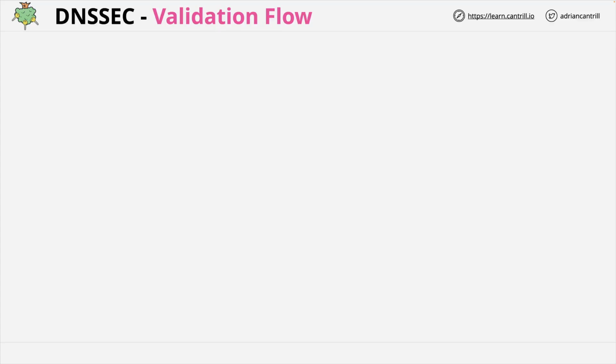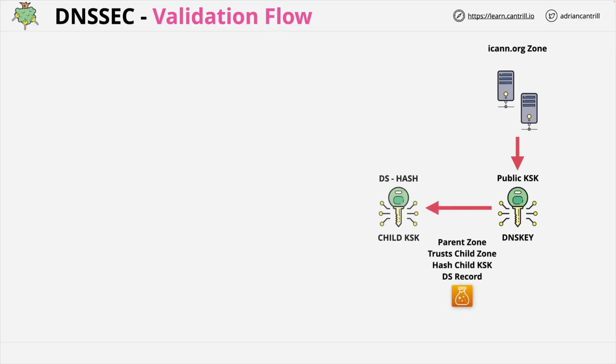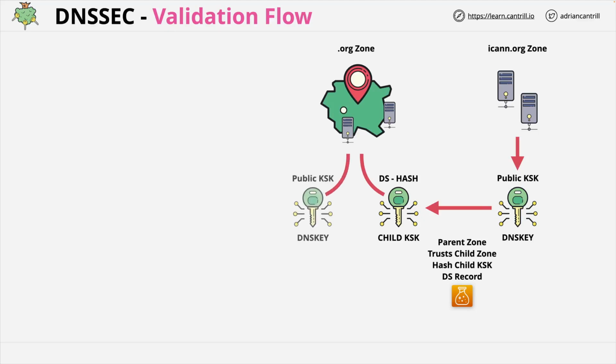So the ICANN.org zone has a public key signing key. The .org zone validates this by having a DS record and storing a hash of that key signing key in that record set. The .org zone has its own key signing key,